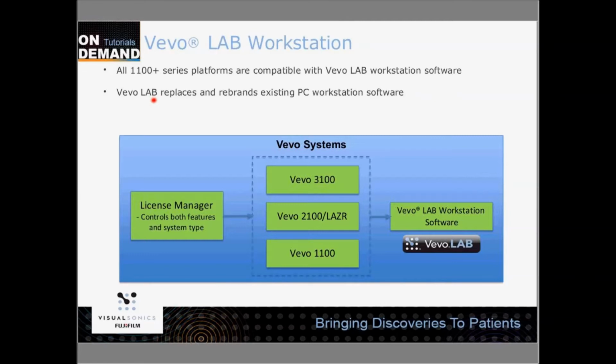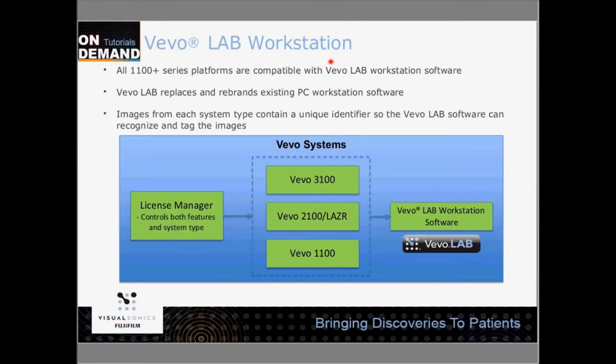item, its own piece of software, and it's designed to replace the existing PC workstation, and it's also designed to work with all of our imaging systems. So not only the 2100 laser system, but also our Vivo 1100 low-cost entry-level platform, and then also our Vivo 3100 platform that we released last year, our touchscreen-based